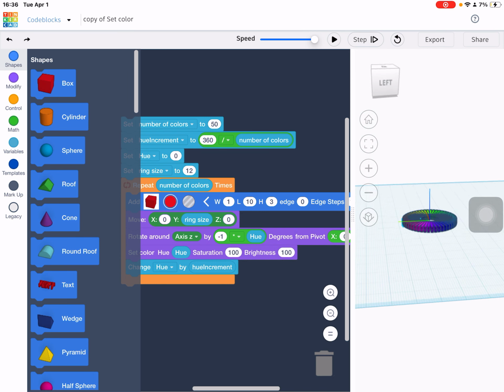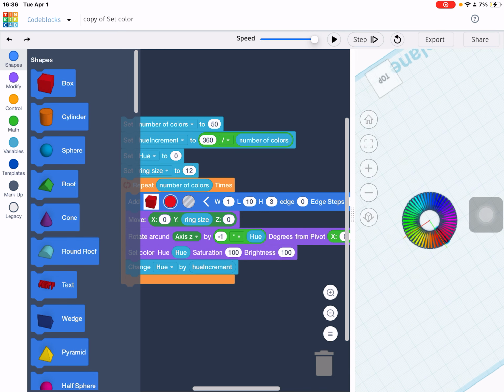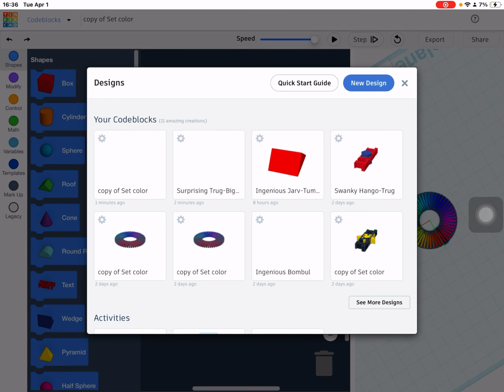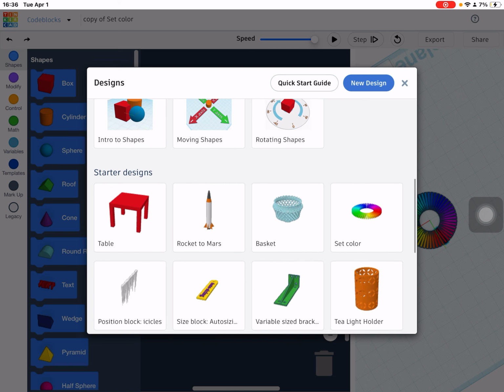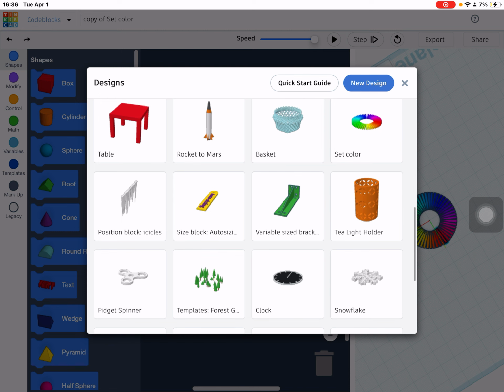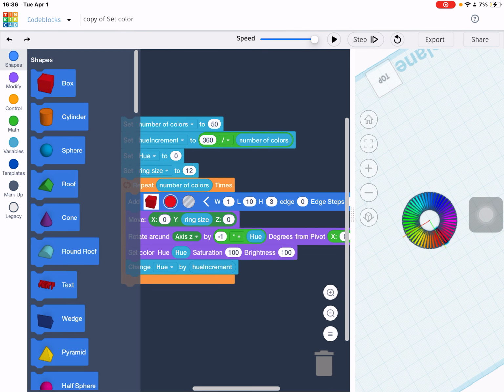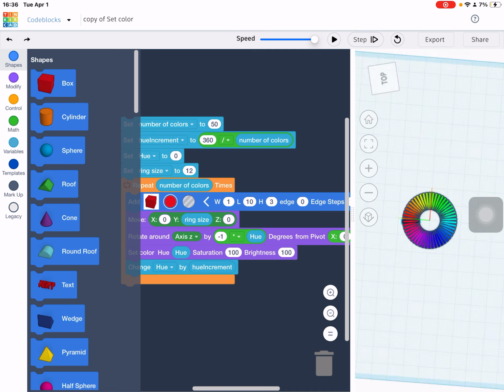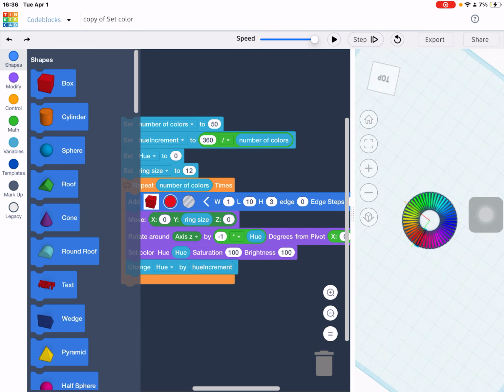Now, this is really boring. This is the original design, though I just took off the comment. And then to make the original design, you have to click the starter designs and you click the set color. And then it kind of looks pretty satisfying. I mean, yeah, why wouldn't it look satisfying, I'll ask you. Anyways,